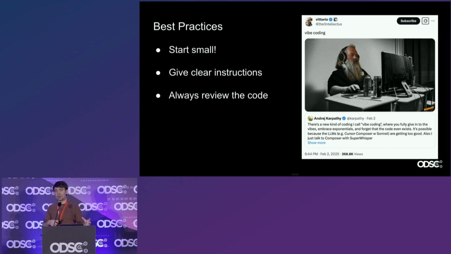There's duplicated code everywhere. Things haven't been architected properly. And all of a sudden you get to a point where even the agent, you throw a prompt at it and it can't figure out what file it should be editing, and can't figure out where this bug is coming from. And so really at every step in the process, you need to be reviewing the code the same way you would another engineer's code. You can't just assume that the AI knows everything it's doing. It does stupid things sometimes. It hallucinates sometimes. So making sure that you're going through your normal code review process and have the same guardrails in place for an AI engineer that you would for a human engineer is super, super important.